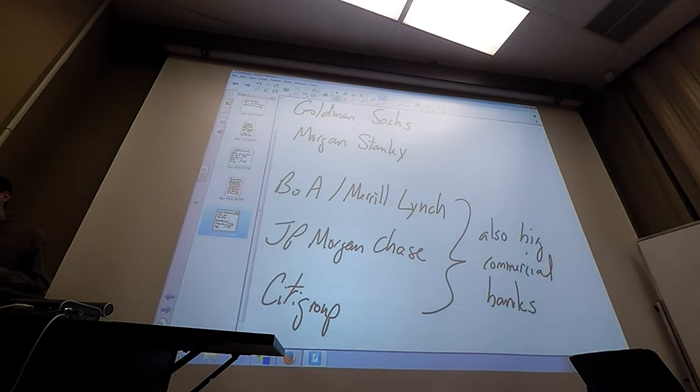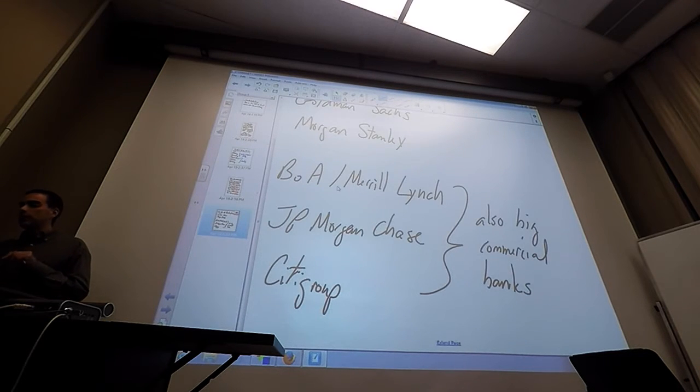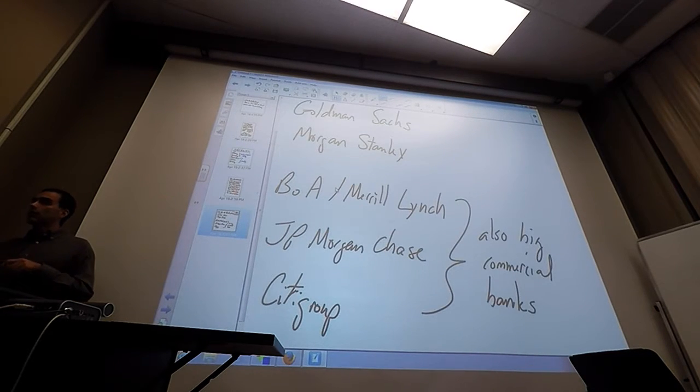So JP Morgan Chase, Bank of America, Citigroup, they're really like the big universal banks we've traditionally had in Europe and Asia and elsewhere. And then mixed with them, we've got Goldman Sachs and Morgan Stanley, which are kind of the old-fashioned pure investment banks. And so that's what it looks like now as far as how the industry is. And so a lot of our assignment is to look at some of these firms, and they each have a very different mix of what they do.